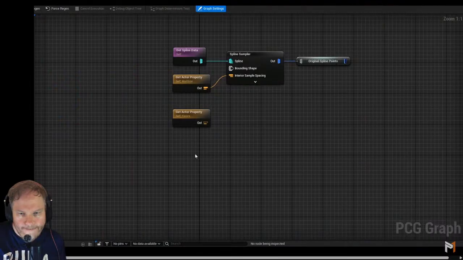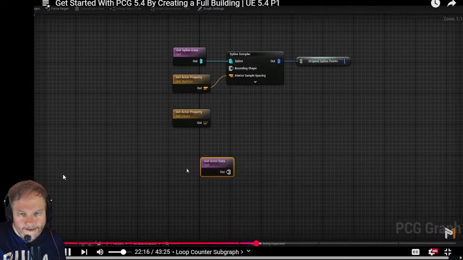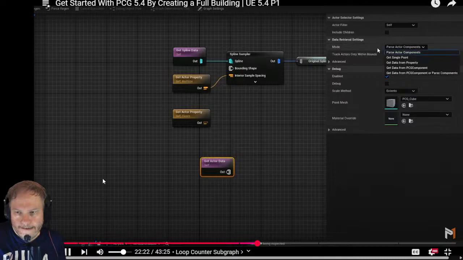That blueprint is, and we should know the size of our actual floors, the height of them, and we should know how many floors we need to go up. And so we can copy those points that many times and create a spline that samples it accordingly. So to get started, I'm going to right click and search for Get Actor Data. This gets us the information from the actual actor, but by default it says parse actor components, and really what we want